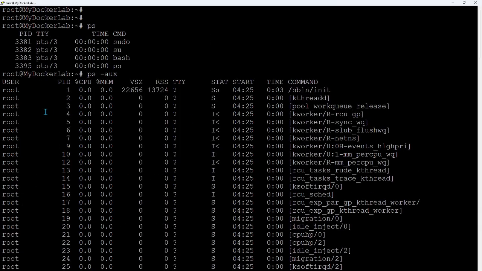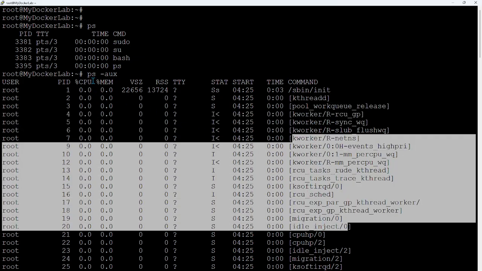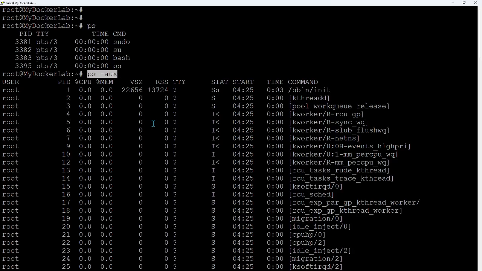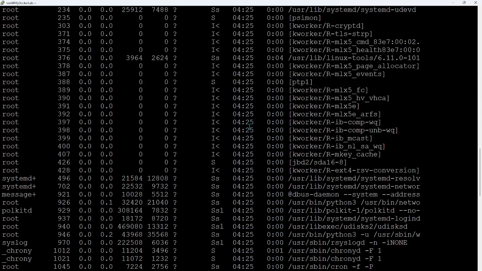All these are the processes running on this particular VM. This is the PID, how much CPU it is using, and so on. This is the process name. So it is listing all the processes. What is the command? ps aux. There is also ps -ef, but aux is a better option that I generally prefer to use. So it is giving me the list of all the processes.